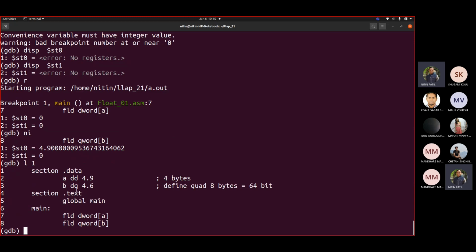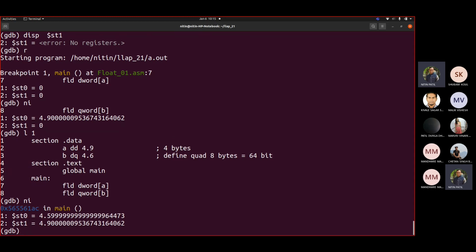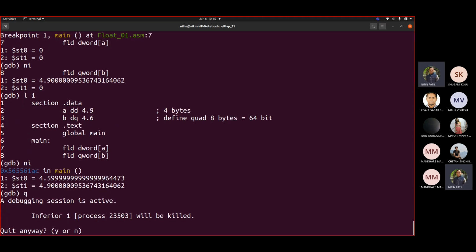Correct? Okay, so let us see next. Now you got the exact values which were not there earlier. Correct? Because we had 4.9 and 4.6, but the earlier code was showing 4.5 and 1.9, which was not the value that was expected. Correct? Okay, so let me quit.